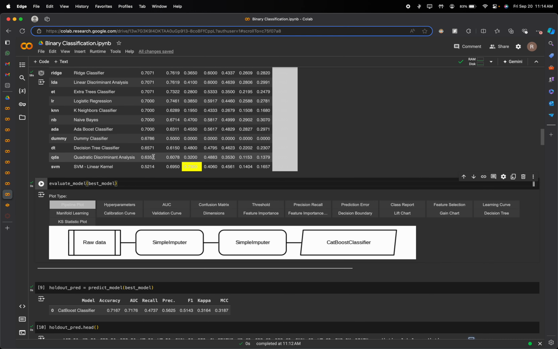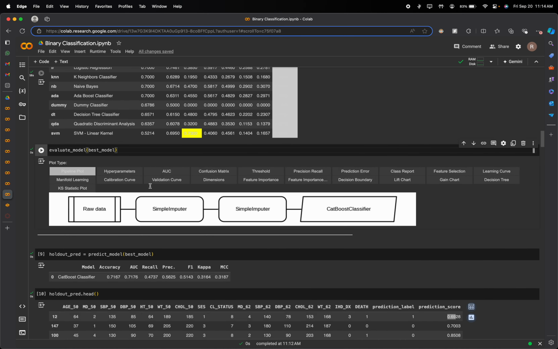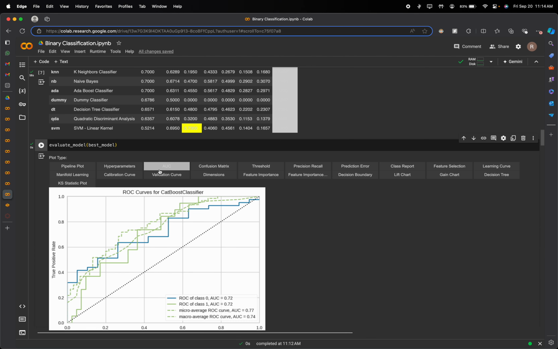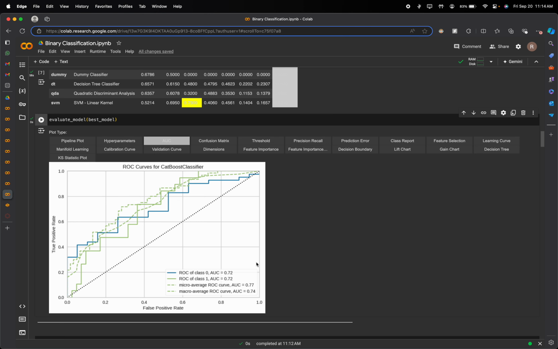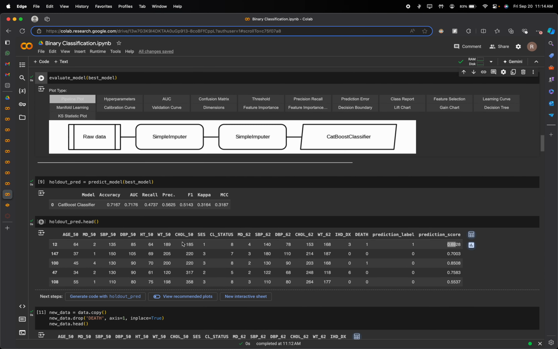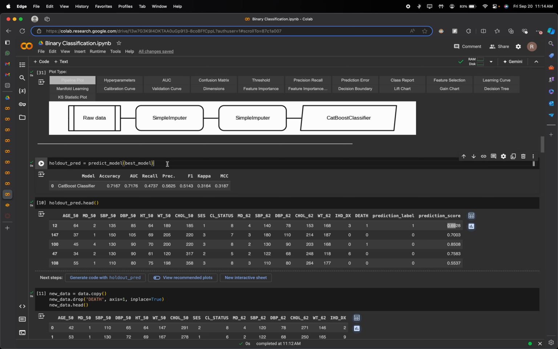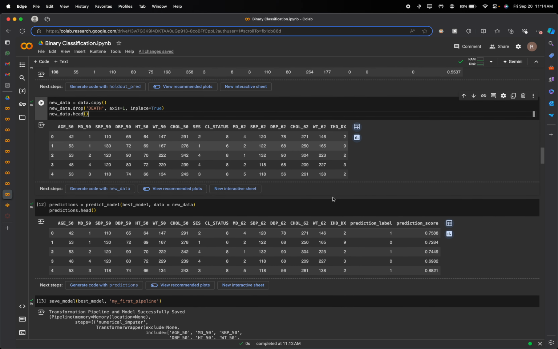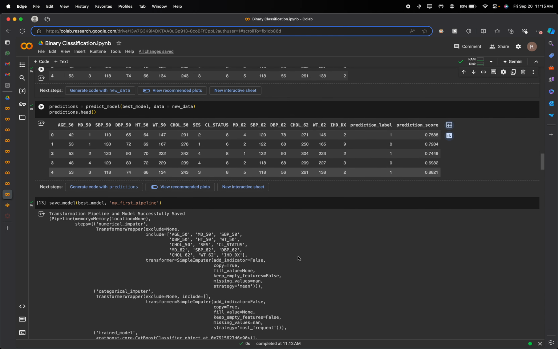The raw data is coming in. The best model here is CatBoost, and we can see the raw data, then the simple imputer, and then we have this model. We can see different types of charts like area under the curve, and then we have the confusion matrix here, and it is happening using just one line. Then we can also predict with the model on our created data and check the prediction score, and we